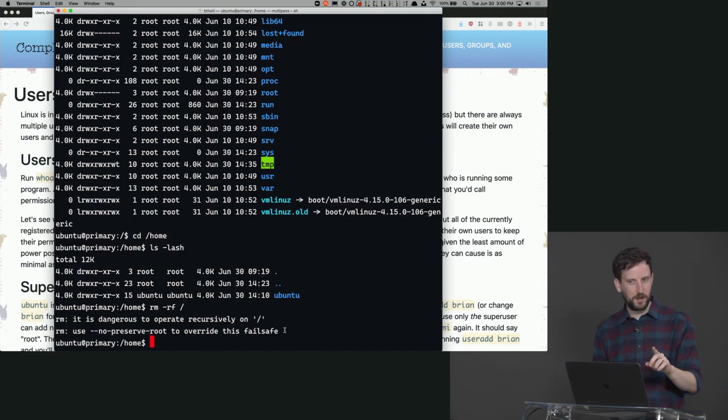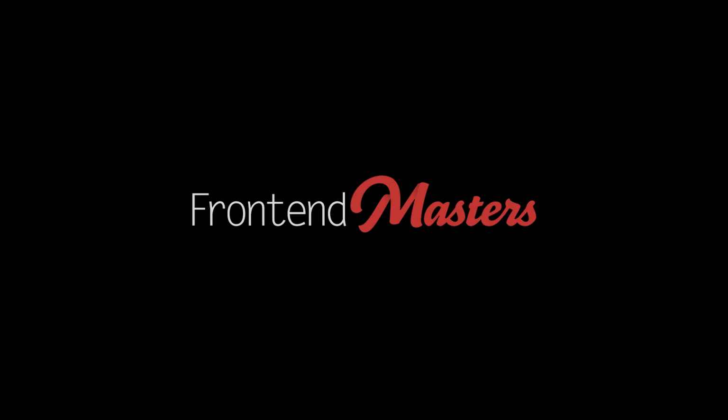Please don't, because it's probably not going to work. But it actually has a fail-safe now. It says, wait, no, don't, you're not allowed to do that. But I think even if I did that, it wouldn't allow me to do it because ubuntu doesn't have permission to delete that root directory. Don't try it, just believe me. However, as ubuntu, I could totally say rm -rf ubuntu, and that would absolutely work because I have permissions to do that.